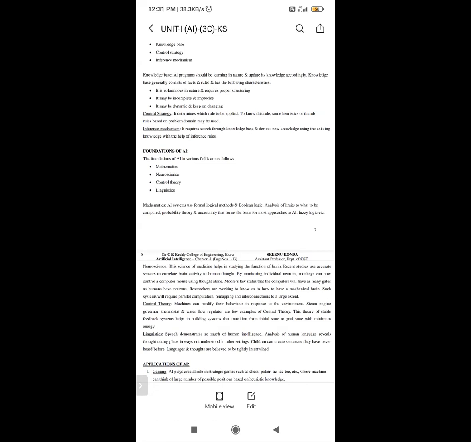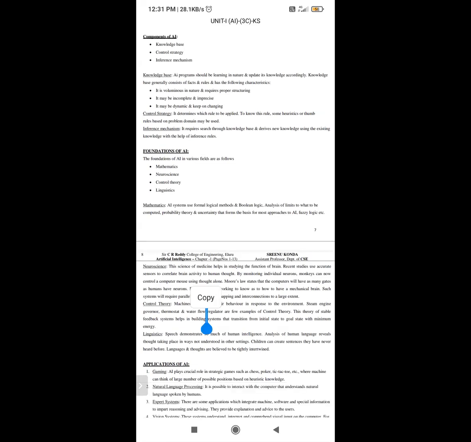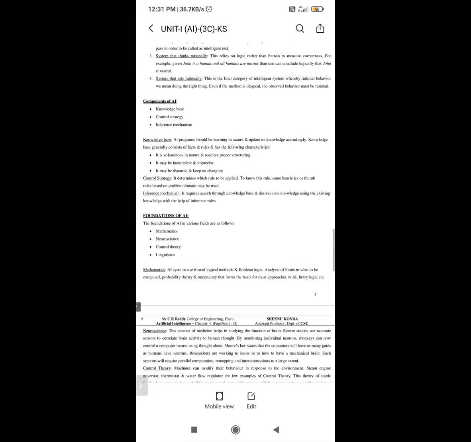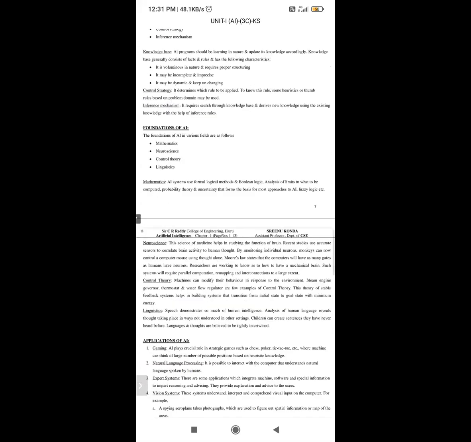Okay, so these are the things using inference mechanism. So these are the three parts or components of AI: knowledge base, control strategy, and inference mechanism. Okay, and next topic is